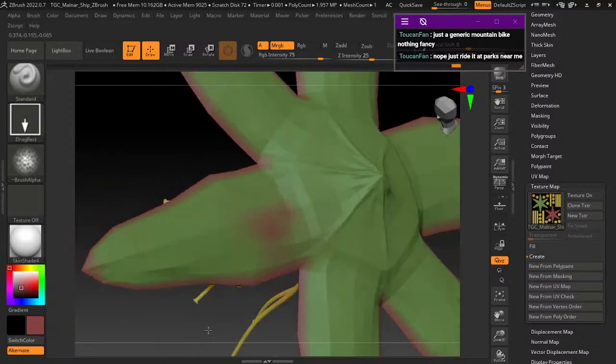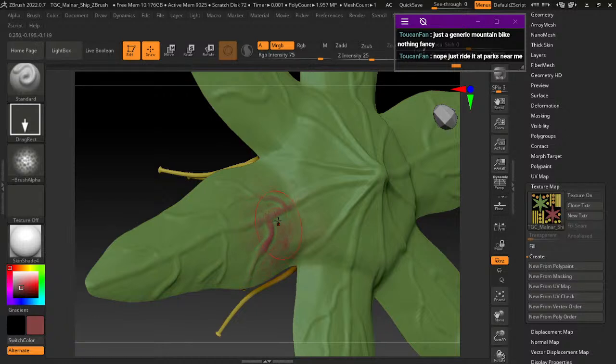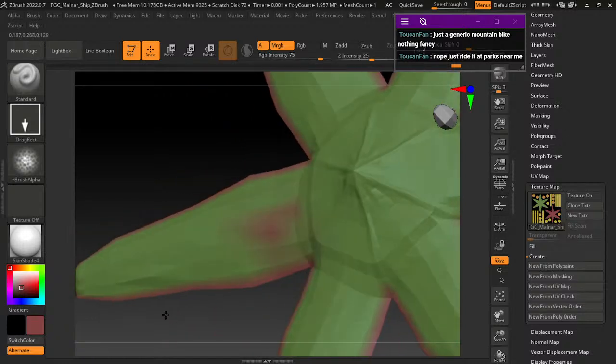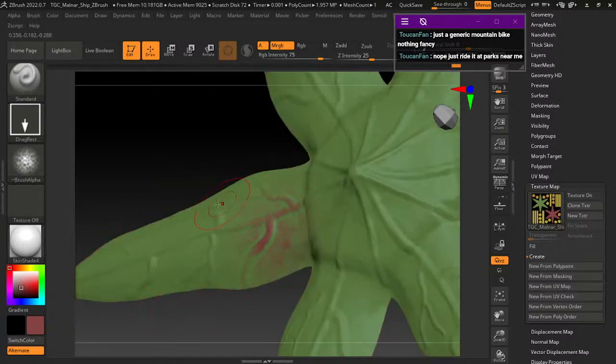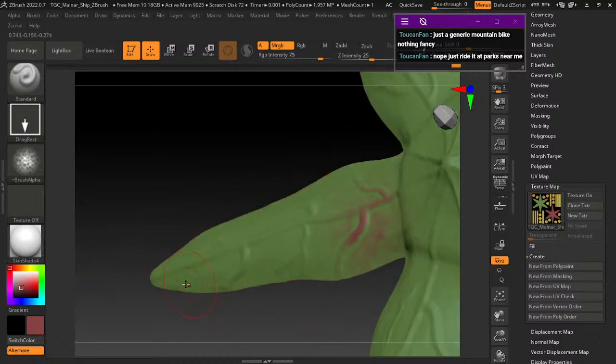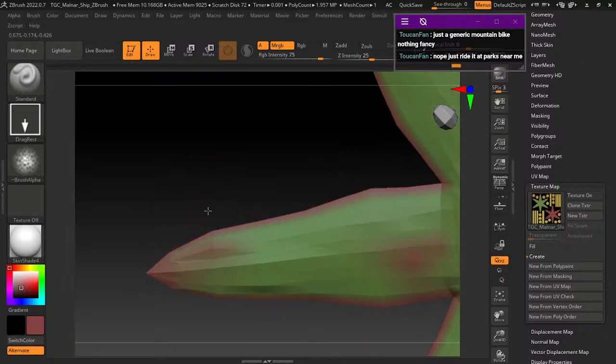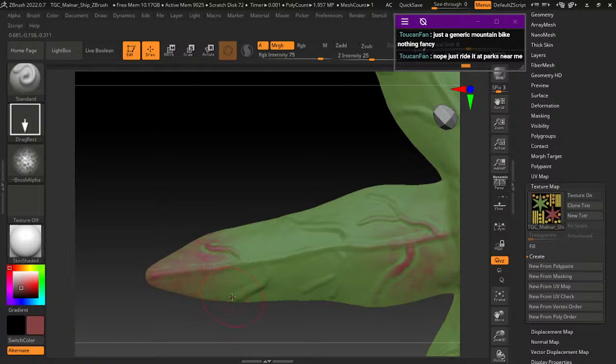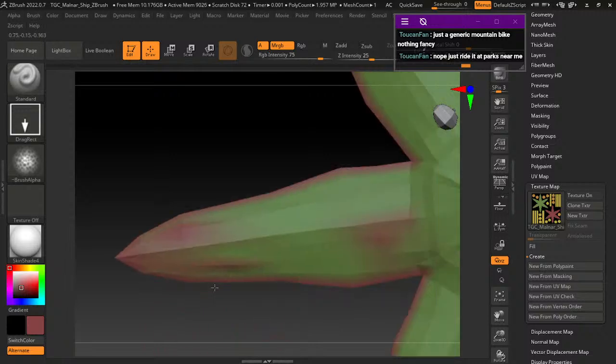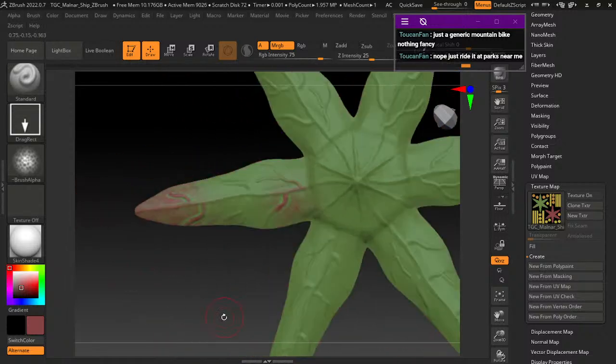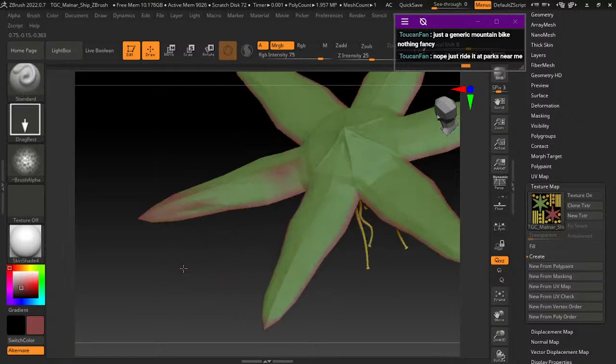So I can get more natural patterns. So like here, just so it's not so